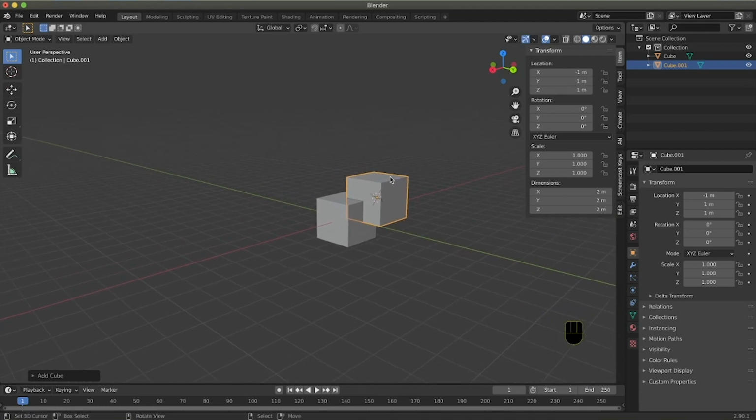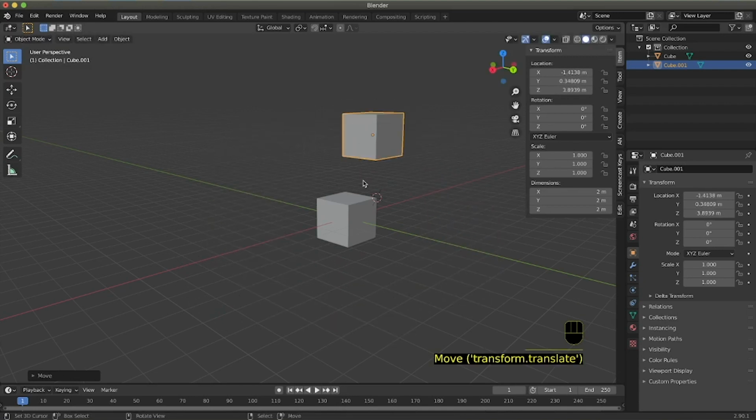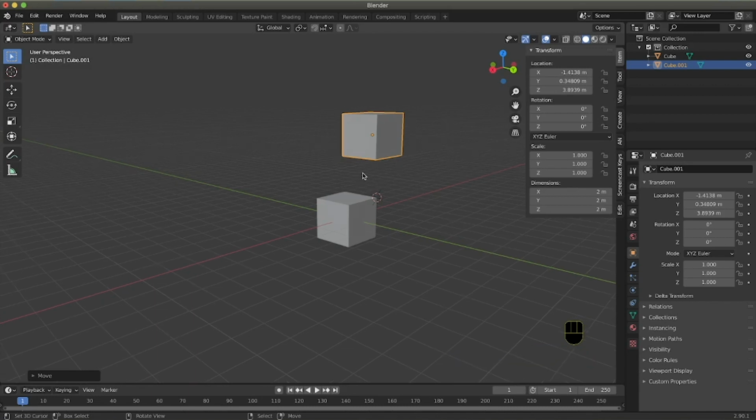The other commands I would like to teach you to move around the 3D space are those to reset the position, the rotation, and the scale. If you press G, you can grab an object and you can move it around. I don't want to say move, because if you remember grab, you will also remember the key that you use to move the object.